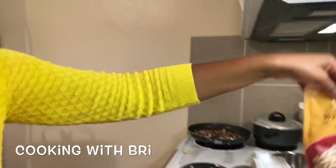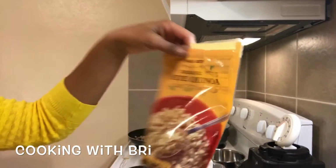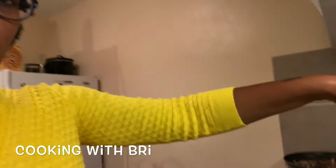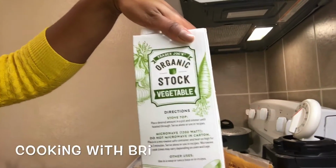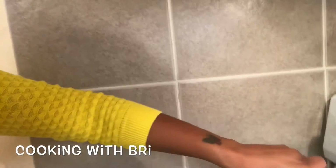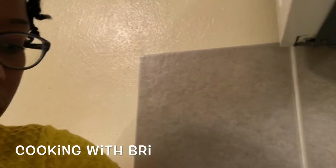I have already cooked my organic white quinoa, and I didn't cook it in water. I cooked it in organic vegetable stock, and I'll show you that cooked result. That is that quinoa, baby. All right, and so I do have